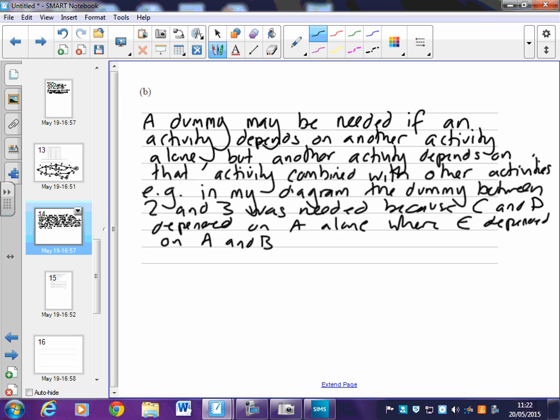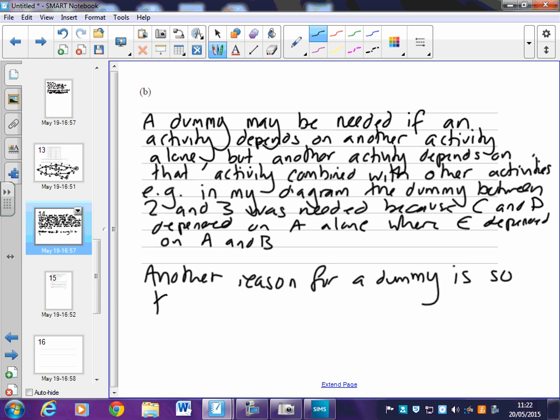Okay, obviously that's a lot for just one type of it, but to make sure you get the mark, make sure you explain enough things on there. Okay, we've then got the second reason, and this is basically the sentence that you memorize: another reason for a dummy is to avoid two things starting and finishing at the same place, but the posh way of saying that is so that activities can be defined